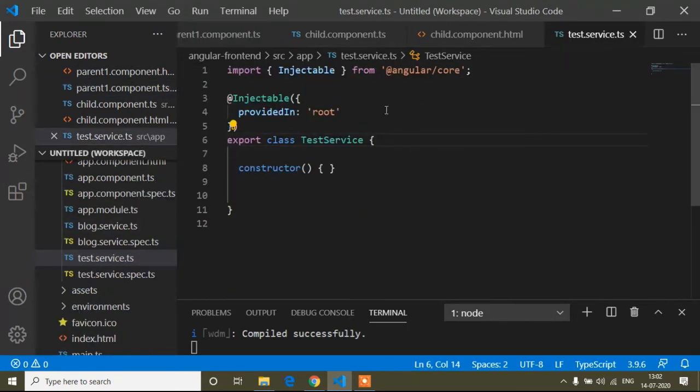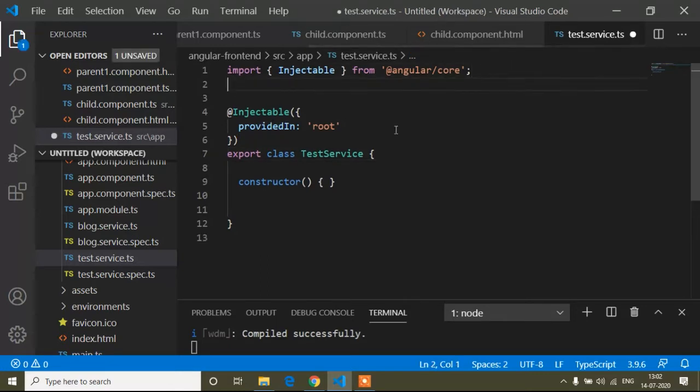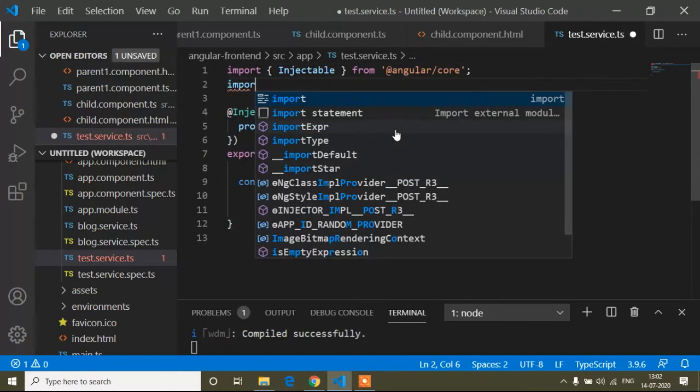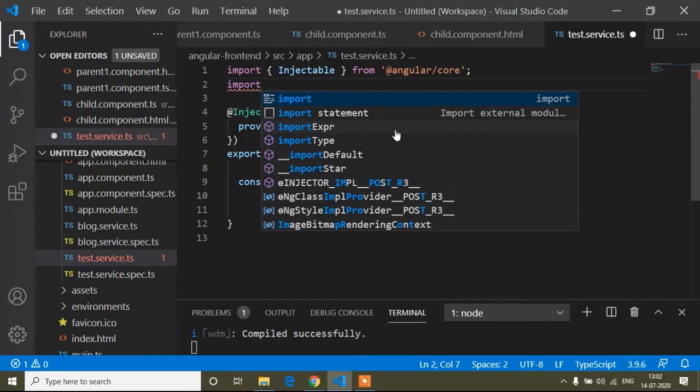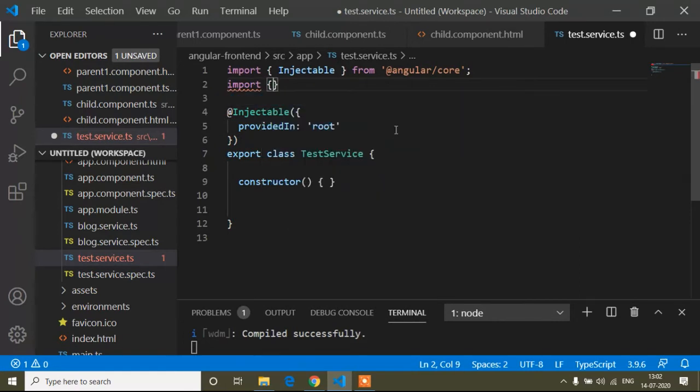And now just here I have to import subject. So subject comes from the RxJS library. The RxJS library is attached when we install our Angular project, so we don't need to install it separately.